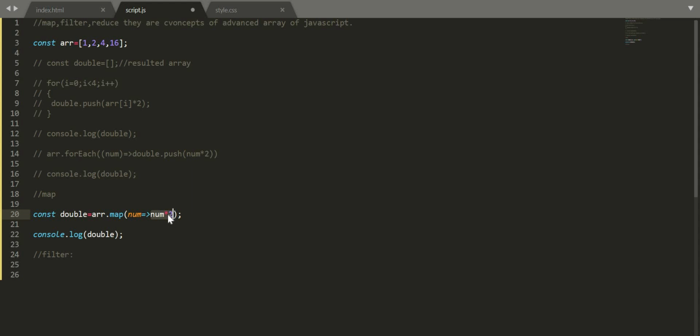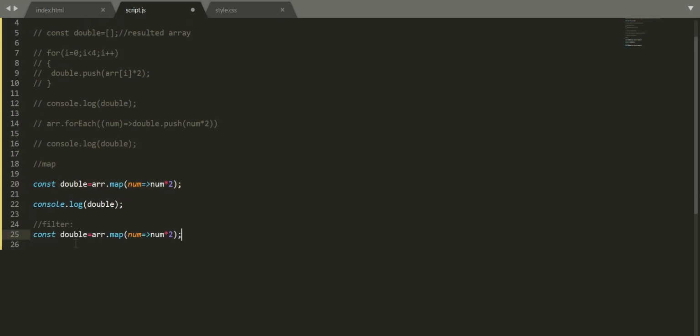If it is true, then only it will be stored in this new array. If the condition is not true, then it will not be stored inside this array. Let's see how it works. So here we are actually doing a double, so instead of this, I want to comment it out. I am checking